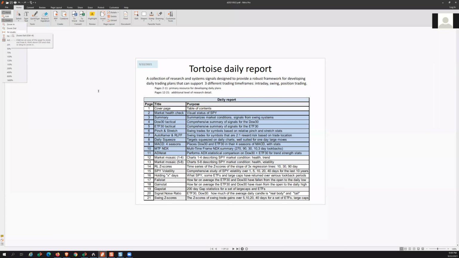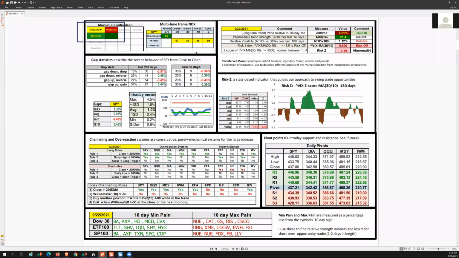Okay, to the daily report, to the dashboard. Alert. Bullish volatile conditions. Perfect for intraday trading. Only the long term is overbought. Everything else has kind of come back into the middle. The volatility is right at that crucial level. This sets up a nice swing trade in either direction, because if this collapses, it could really be bad, right? The Risk Z is warning us about the abnormal conditions.